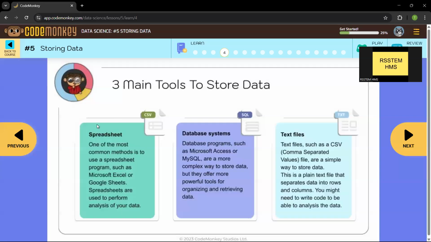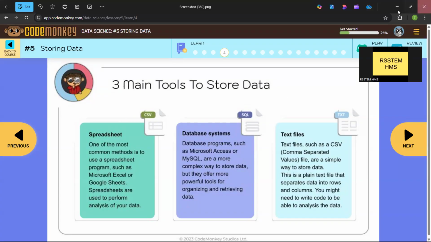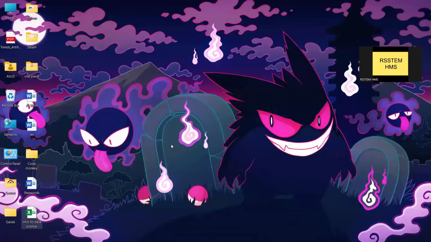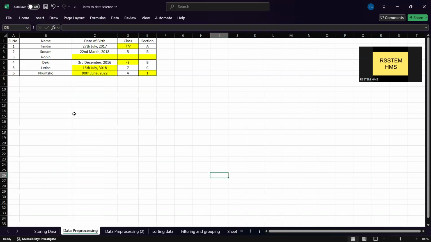But text files too, they also store data just like spreadsheets in the form of rows and columns, but rows and columns in tabular form, I mean like Microsoft Excel and Google spreadsheets, so basically same thing similarly.